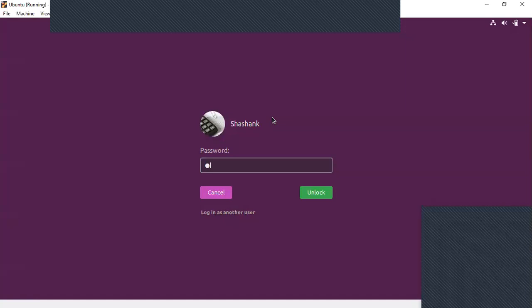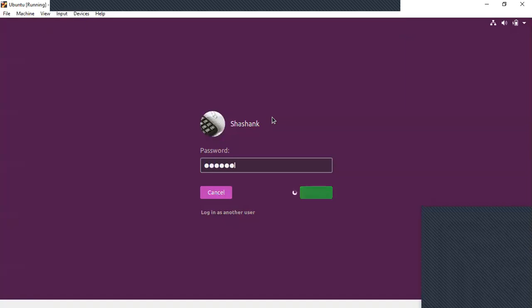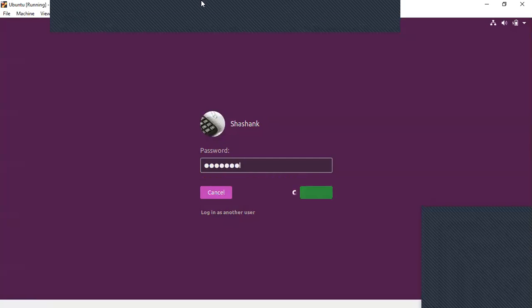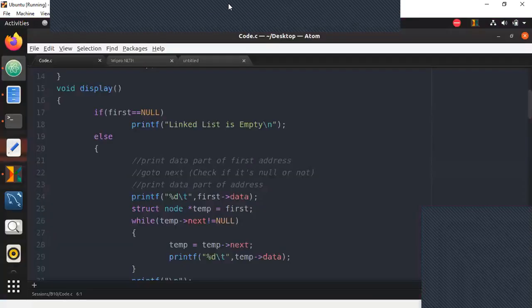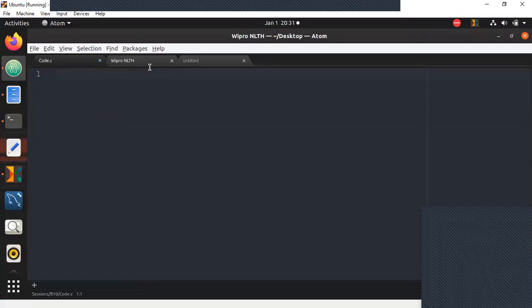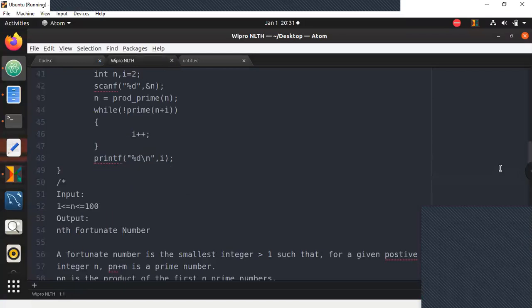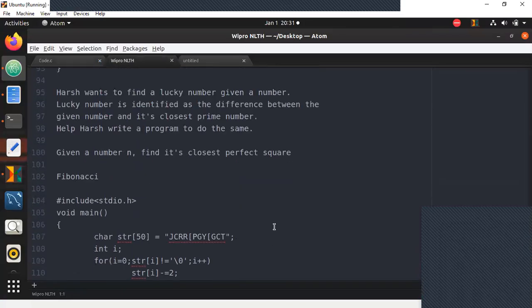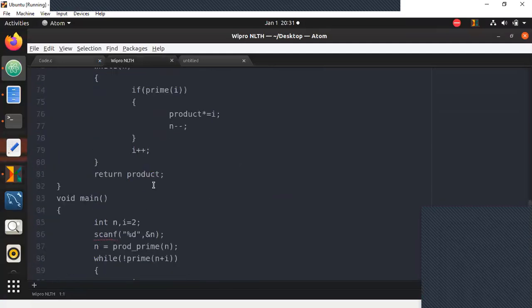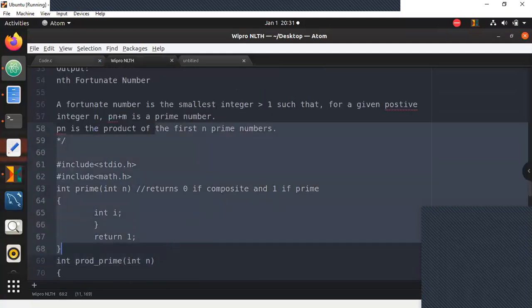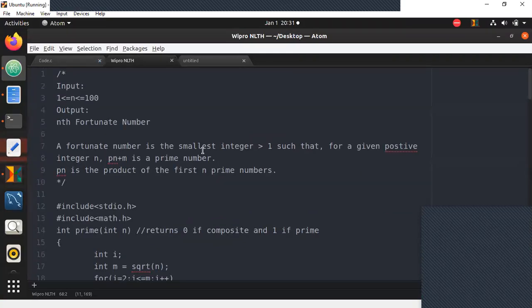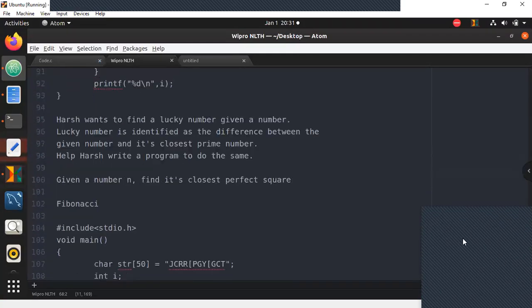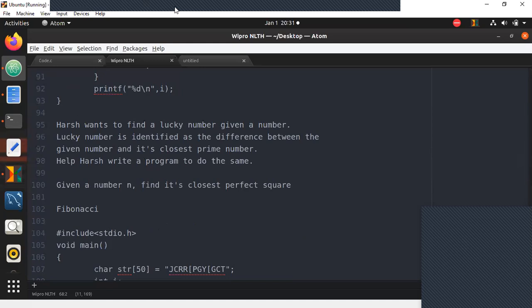With today's session, we'll look at a couple of programs that you can expect from the math part, the math kind of questions in Wipro NLTH. We have already gone through prime programs and a couple of fortunate number programs, simple ones with factors and prime numbers.